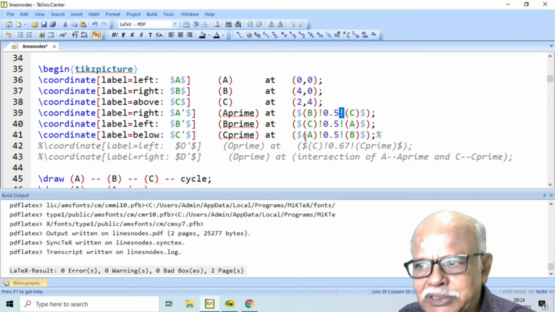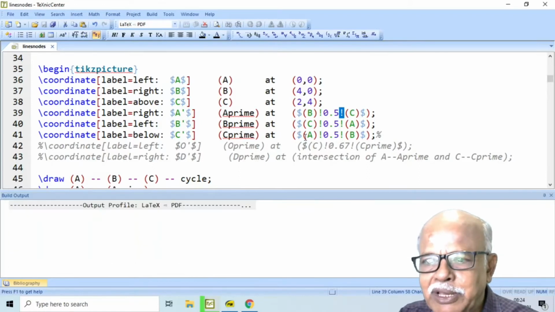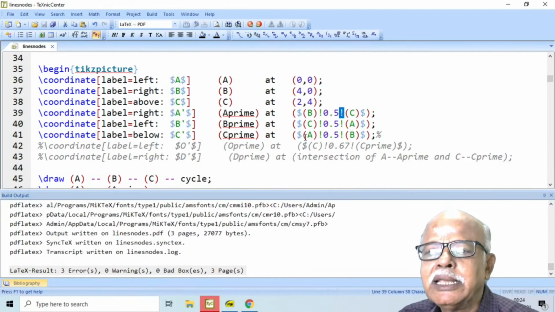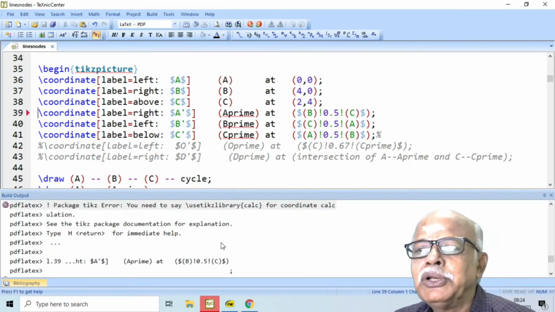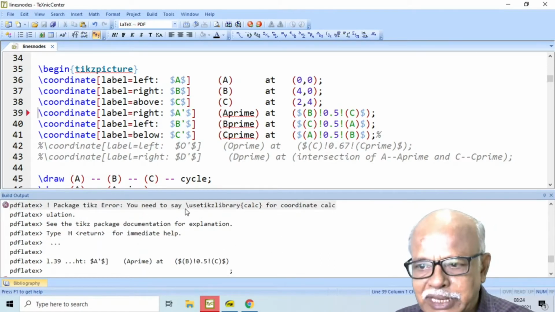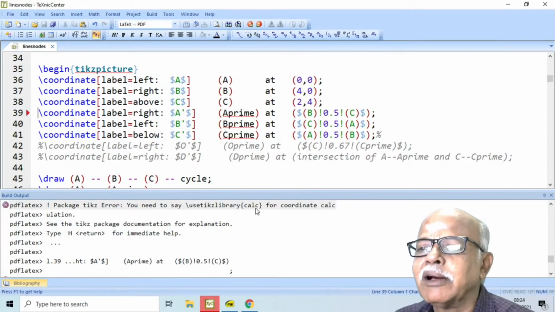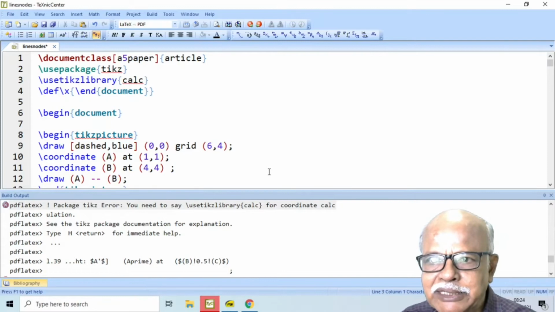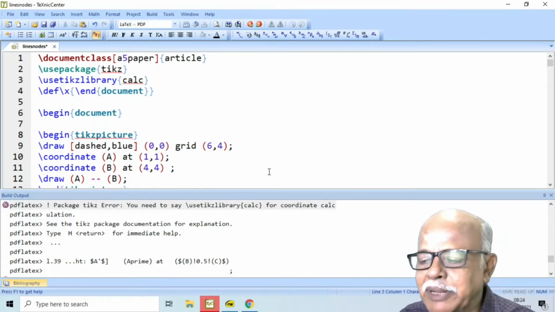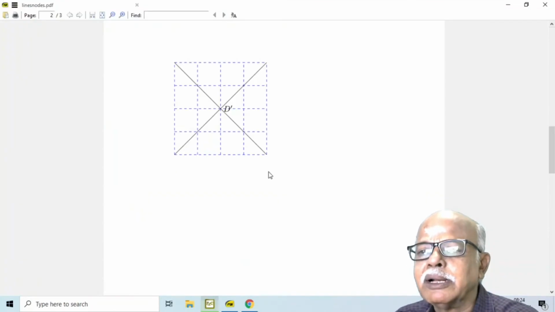If you want to use this structure, we have to use a package. See, it produces an error now. You need to use the TikZ library calc for coordinate calculations. Therefore, let me insert usetikzlibrary calc.